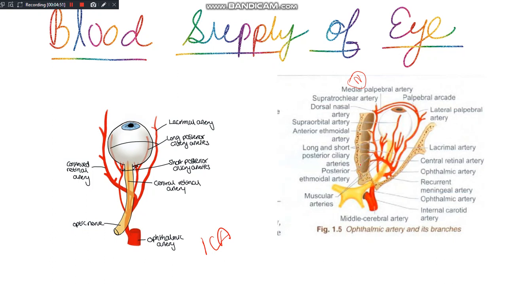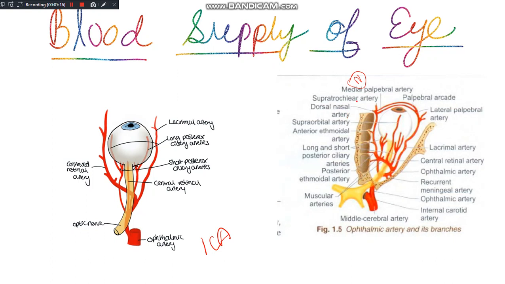So if it is formed by ethmoid, can you name few arteries? Yeah, the anterior and the posterior ethmoidal arteries. Excellent. So these were two other arteries which you learned. Now, medially we already discussed medial palpebral artery. Now I told you medial side, it is also known as the nasal side. So one artery is your dorsal nasal artery.